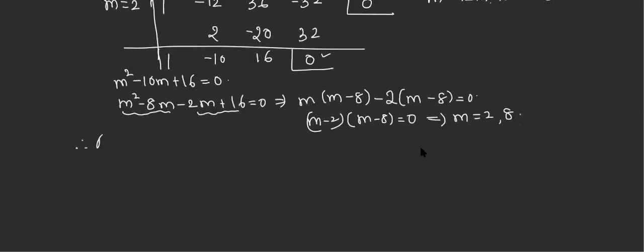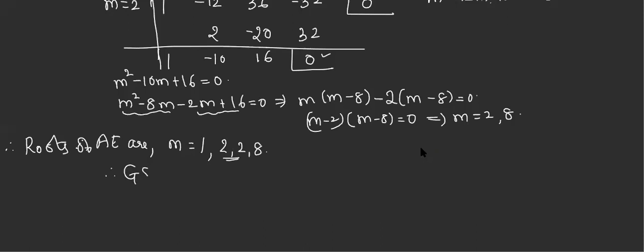Ultimately, write all the roots of the auxiliary equation. How many should I write? If it is biquadratic, 4. What is the first root we have got? 1. You can change the order, no worry. 1, 1, 2, 8. All roots should be mentioned. Tell me how the roots are. Are they real or complex? Real. Are they equal or unequal? Both cases. Equal also, unequal also. So I'll underline the equal ones, the others are unequal.